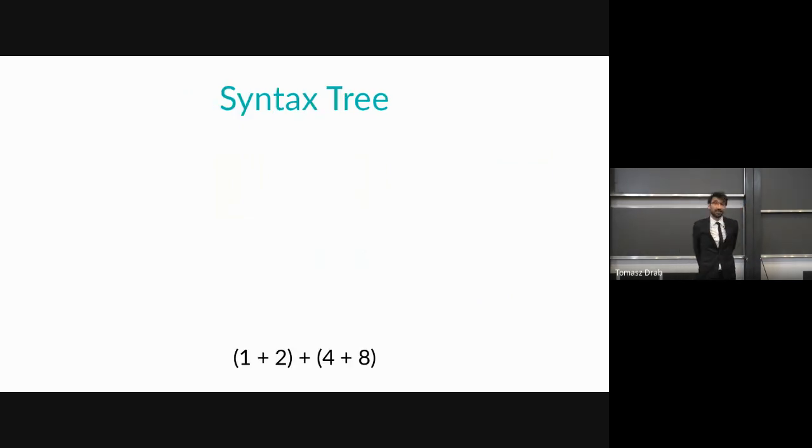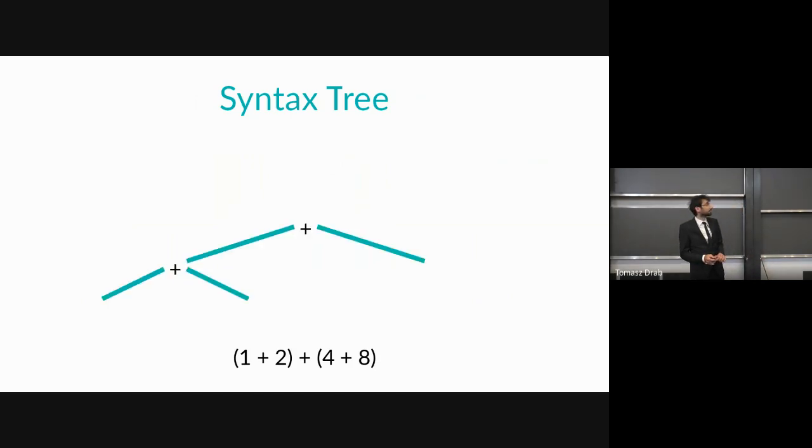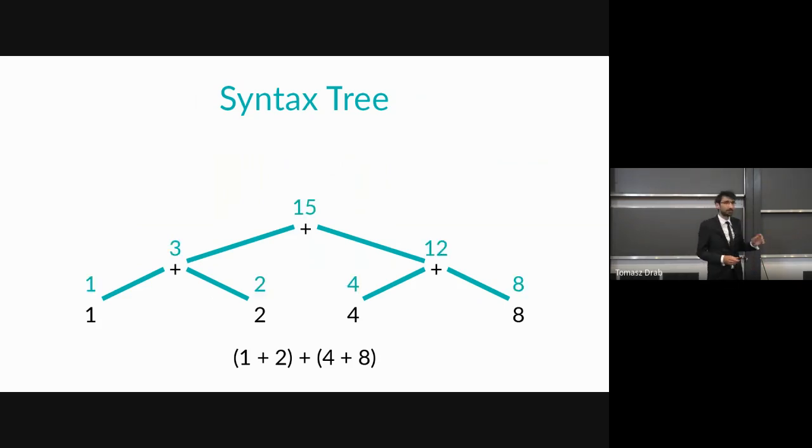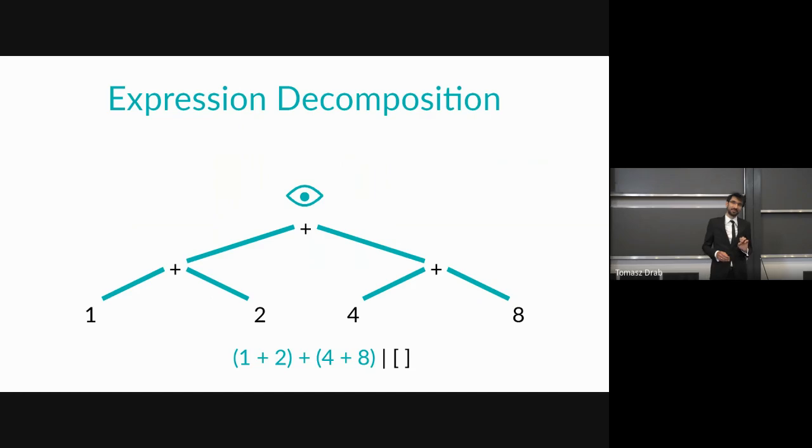Okay, and an analog of the tape in our abstract machines will be the syntax tree of the expression that is evaluated, and it is a graph. We can annotate every node of this graph with the value of the sub-expression. So this graph has 7 nodes, and what interests us more in this case is that we